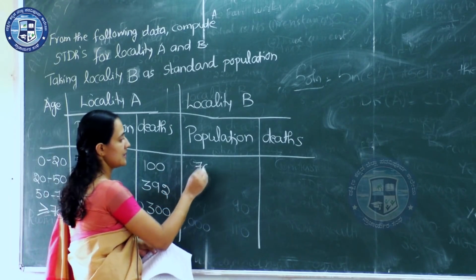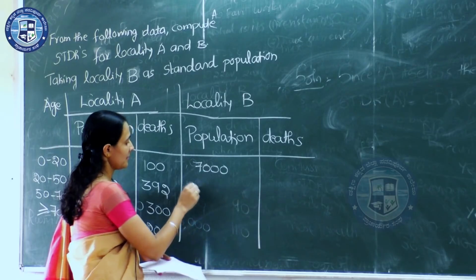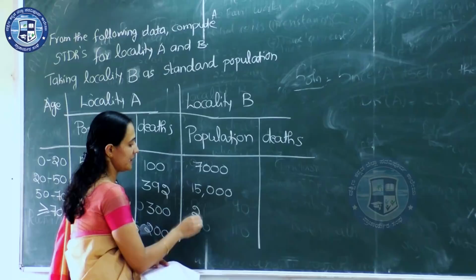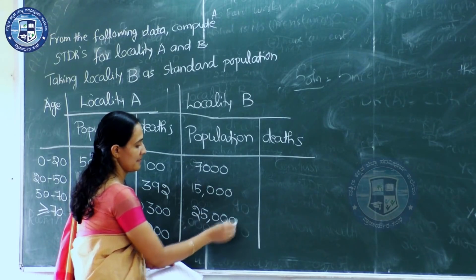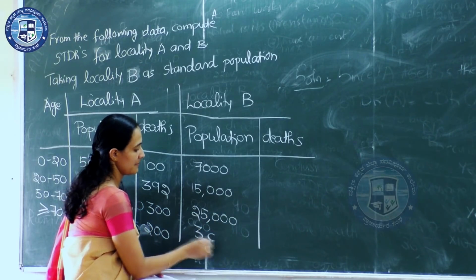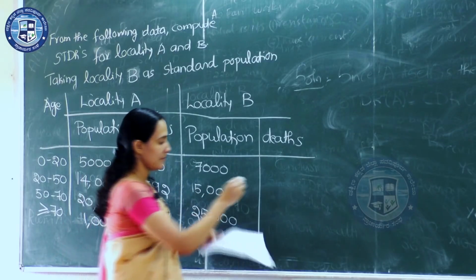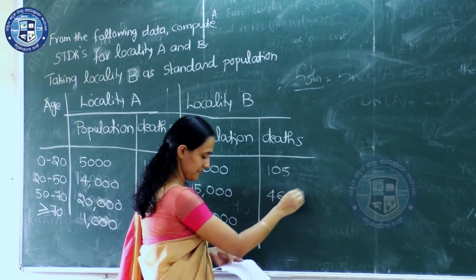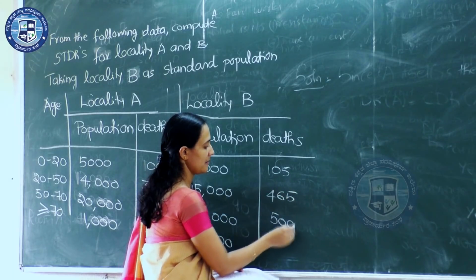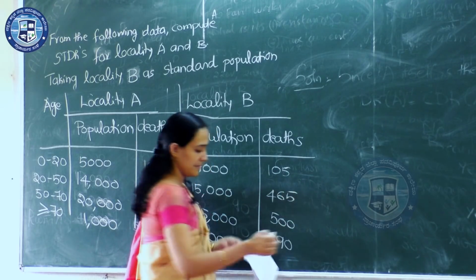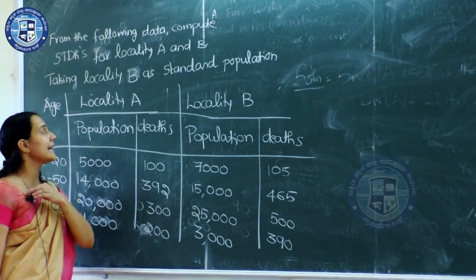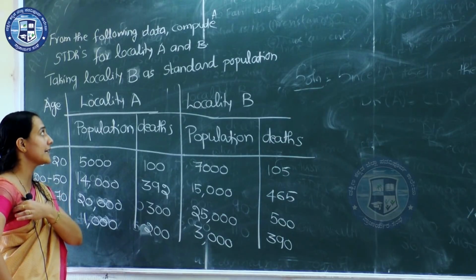Here for B, 7,000, 15,000, 25,000, 3,000. Deaths 105, 465, 500, 390. See here, the difference is that it is given that locality B we have to take as a